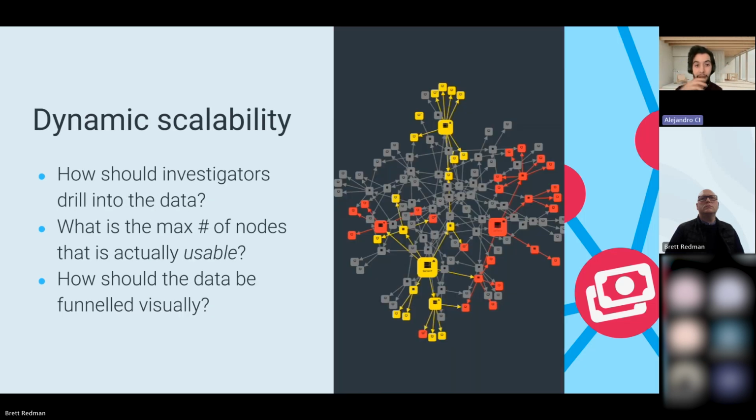The other dimension to it is thinking about scalability dynamically. I get this question a lot where people ask me, how many nodes can you load into your SDK? And I often flip the question to say, well, how many nodes are actually going to be usable for your investigators? It's important to think about how the data itself will be funneled into the investigation in general, and using things like, as I mentioned, grouping capabilities where nodes based on shared properties are aggregated together, or using adaptive layouts to help the flow of information expand iteratively instead of just having it loaded all at once. This will help touch on one point later on, but also help the end user actually engage with the data in a much more intuitive way.